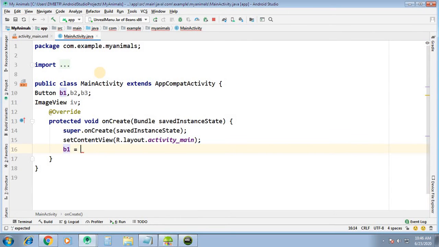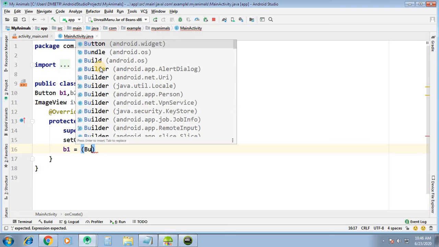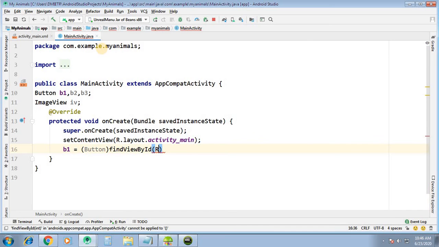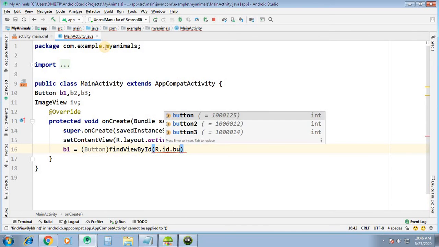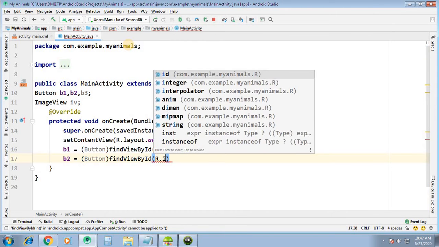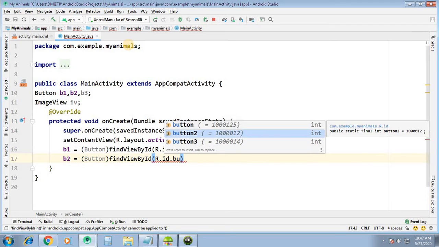B1 equal to button, findViewById, R.id.button. Then B2 equal to button, findViewById, R.id.button2.